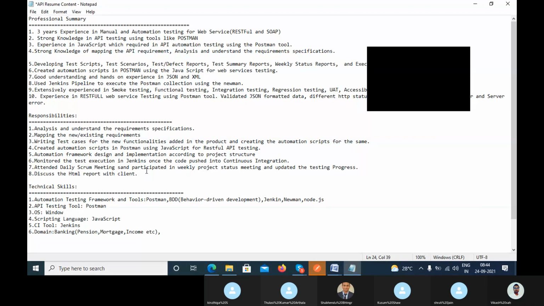Currently, which project are you working on? It's my banking domain. I'm on banking only, but that's what I'm confused about, how I can incorporate that into my API. Which particular domain are you working in within banking?